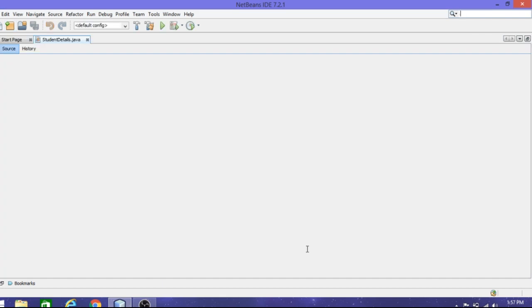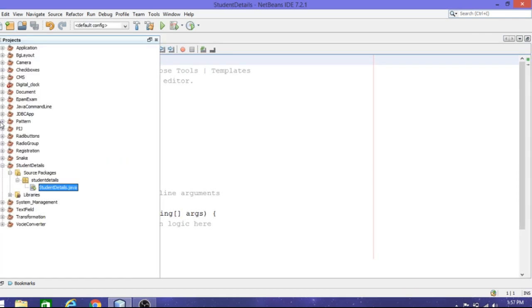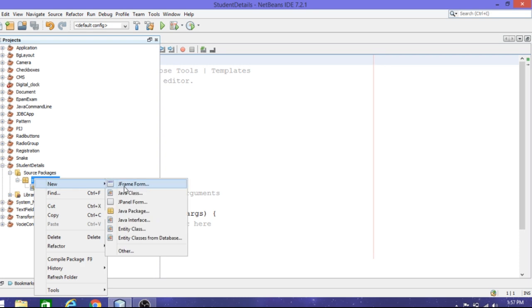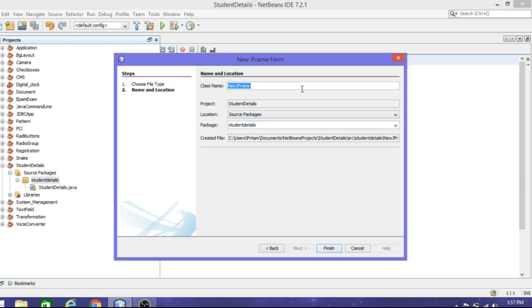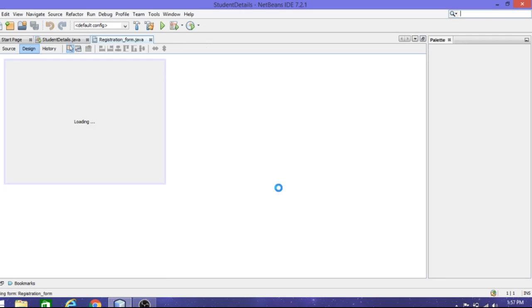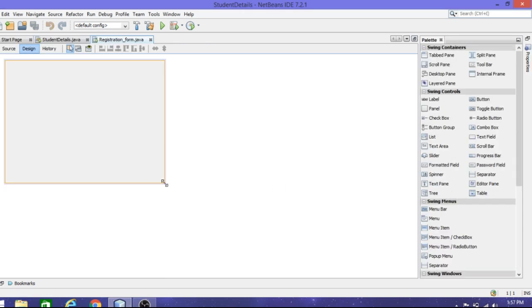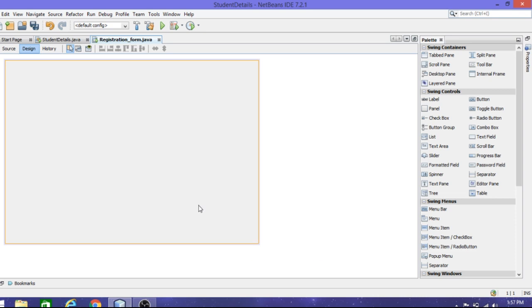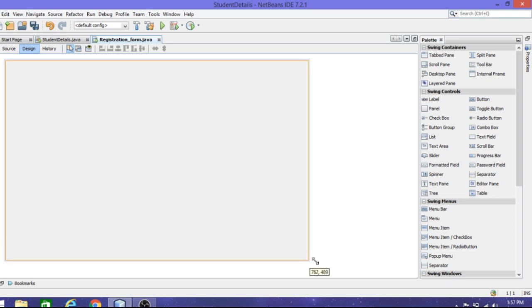and do finish. After doing that you will get this main package as student details, and click on the student details package, create a new JFrame form and give registration form and then do finish. Now you will get this frame. If you wanna resize this frame, resize this,